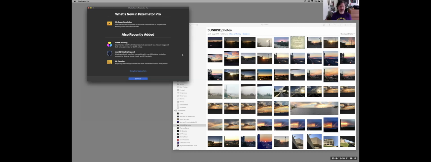So let me just start by saying that Pixelmator yesterday had a big update. And so I'm not going to go into a lot of the details of this, but it actually changed a little bit of what I wanted to talk about because, in the first review I did for TidBITS of Pixelmator Pro, I mentioned that there weren't as many tools. Obviously, there's not as many tools as with Photoshop, but it's now got Catalina support and it's got CMYK proofing,